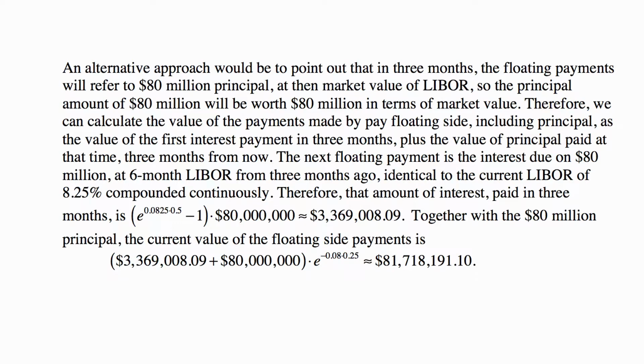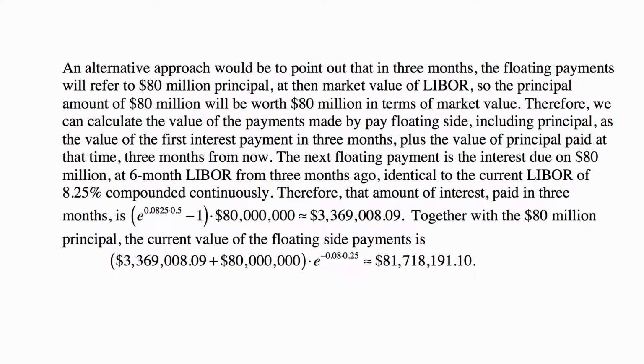An alternative approach would be to point out that in 3 months the floating payments will refer to $80 million principal and then market value of LIBOR, so the principal amount of 80 million will be worth 80 million in terms of market value. Therefore, we can calculate the value of the payments made by the pay floating side, including principal, as the value of the first interest payment in 3 months, plus the value of principal paid at that time,